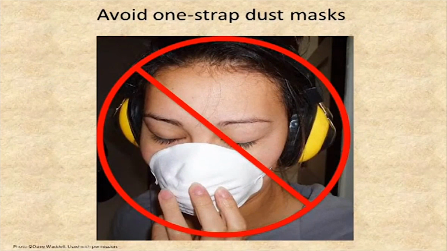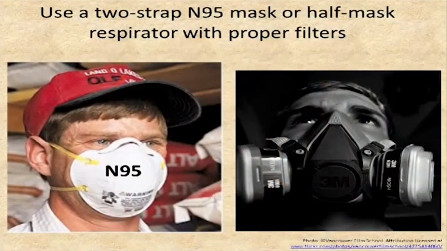If you're going to try to do that, avoid using one-strap dust masks. These dust masks do not really filter out particles as well as a higher quality filtration system. What you want to use is a 2-strap N95 rated dust mask. Look for the number 95 on the mask. It could either be R95 or N95. Or you can use a half-mask cartridge respirator like the one shown on the right with proper filters. You need to make sure these fit tightly, or else the air is going to take the path of least resistance, which will be around the perimeter, usually right along the edges of your nose. If you have a very thick beard, you will find that these don't work very well.